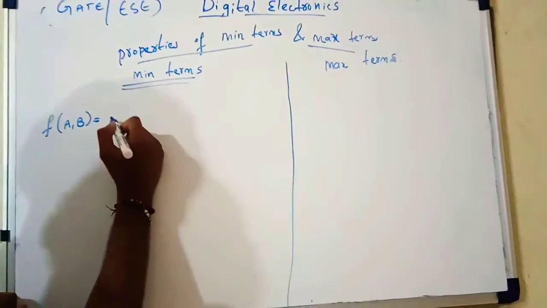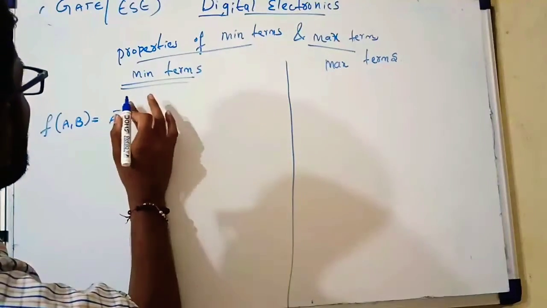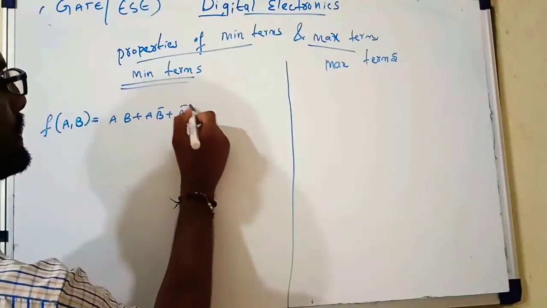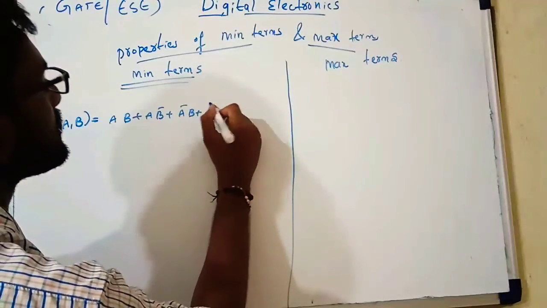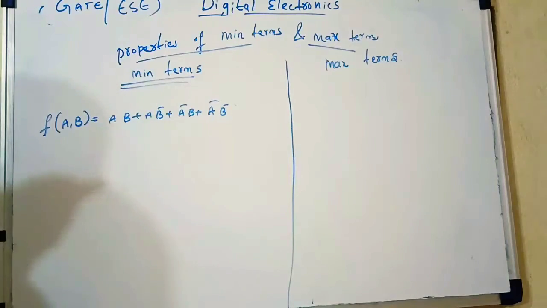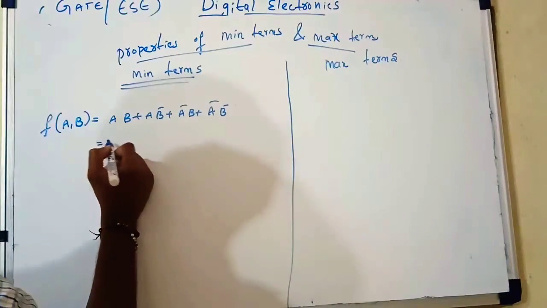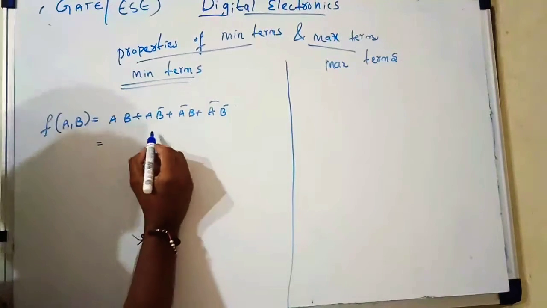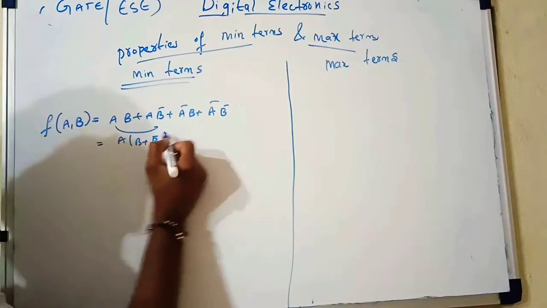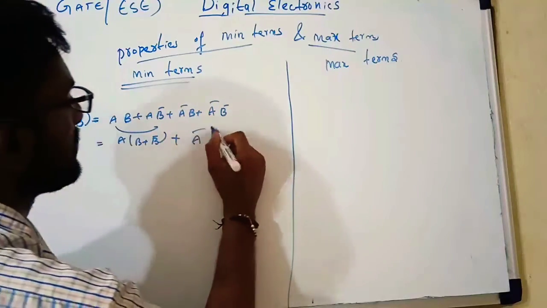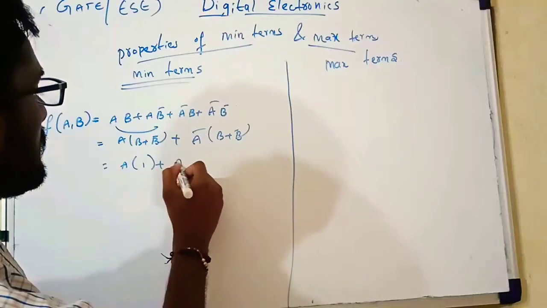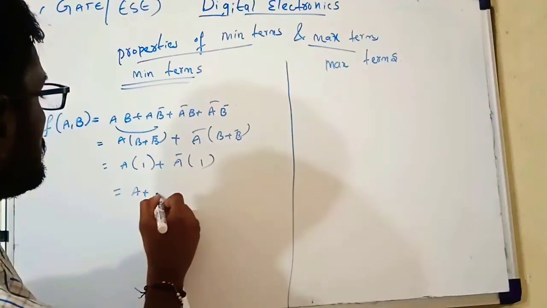This expression is a bar b bar plus a bar b plus a b bar plus a b. Here, if you want to simplify this, it can be written as, from this a is common, b plus b bar, plus, from this a bar is common, b plus b bar, equal to a into 1 plus a bar into 1, equal to a plus a bar